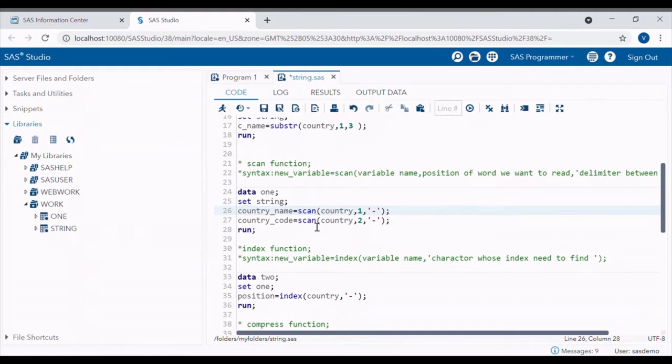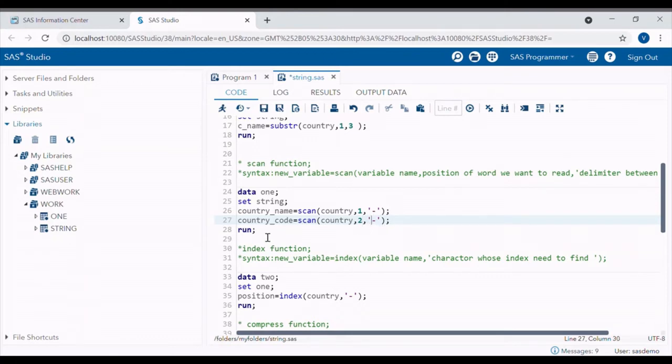First is the country name and second is the country code, separated by a delimiter, which is hyphen. So if we want to read the country name, we will write 1 as the word position and hyphen as the delimiter. And if we want to read the country code, then we will write 2 or -1 as the word position and hyphen as the delimiter.